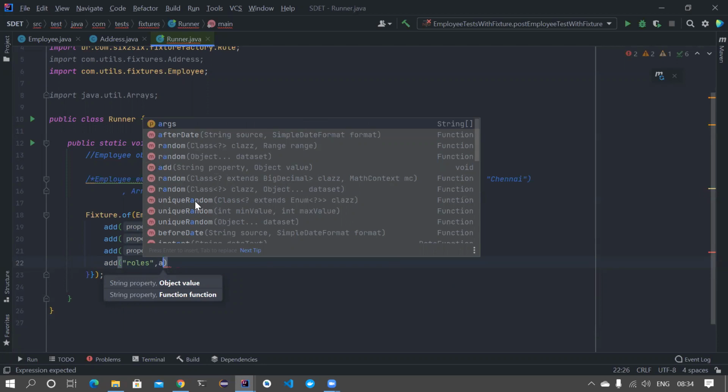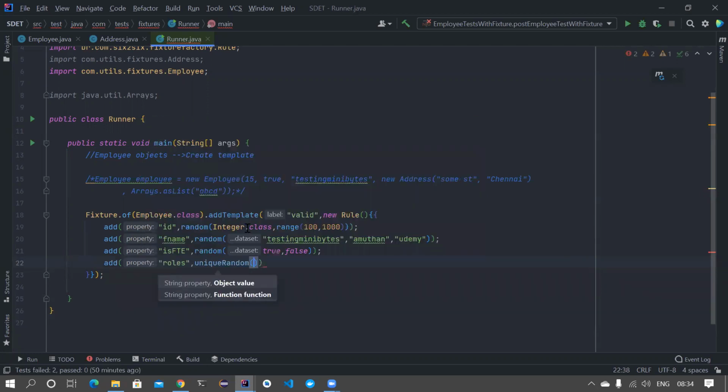So there is something called as unique random. So what is that? Which means random will basically pick anything. Okay, it can pick any of these three values. Suppose you want to generate three times, all the three times it can also give you testing millibytes. Maybe two times it can give you testing millibytes, one time it can give amudan. But the unique random will first pick this, next this, and then next this. So it basically knows what it has previously fed, and does not repeat until all the things are already used.